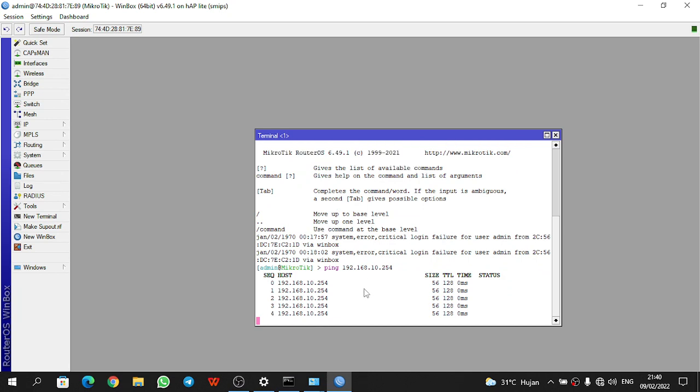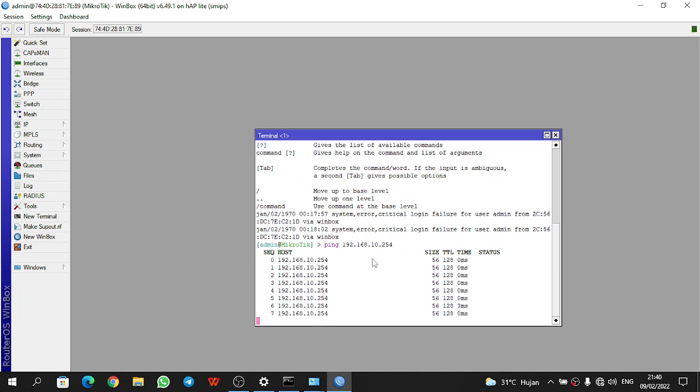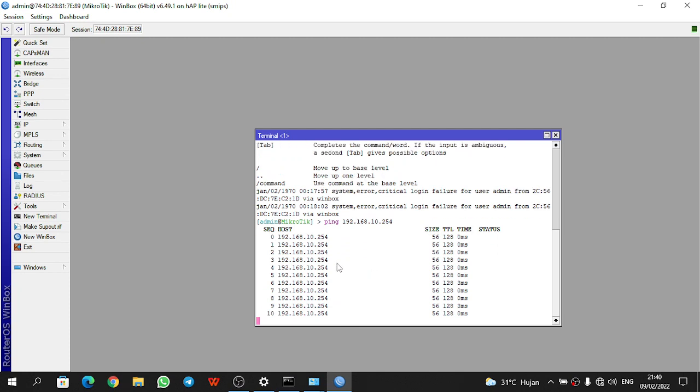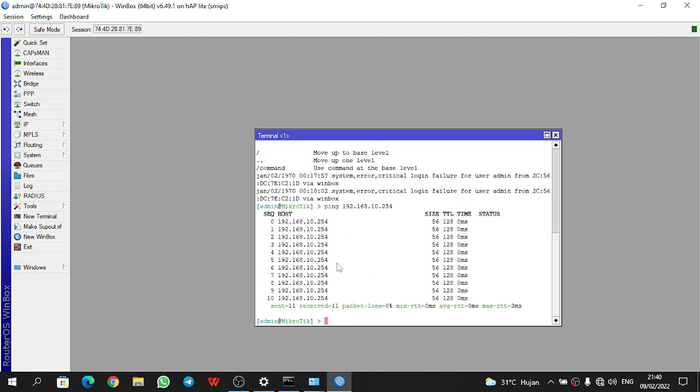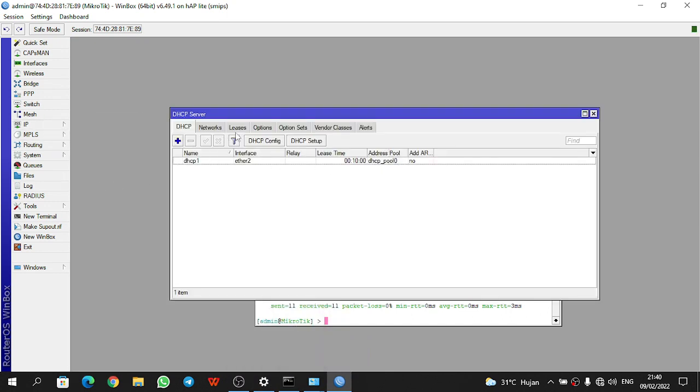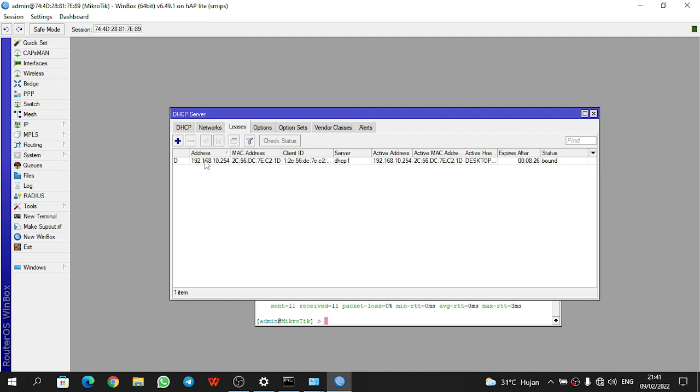This IP is connected to the router, and the router is connected to the PC's IP. Before that, we finished making the DHCP server. Okay, look at this, the router IP and the IP client, 192.168.10.254.